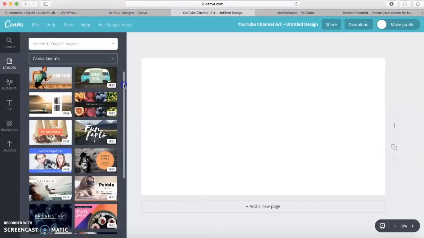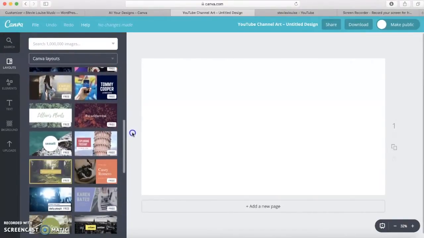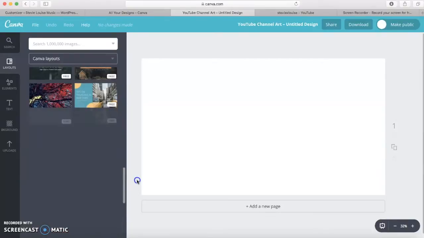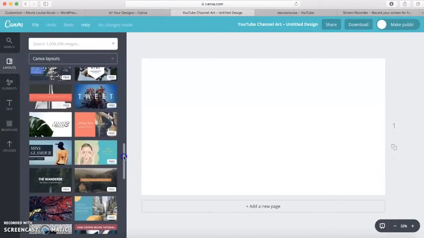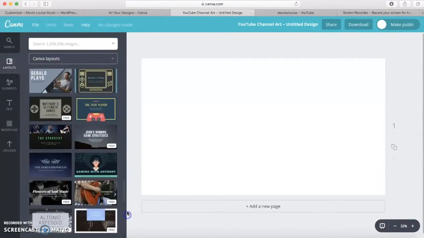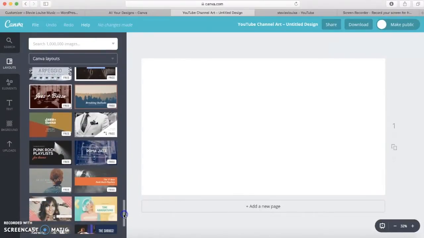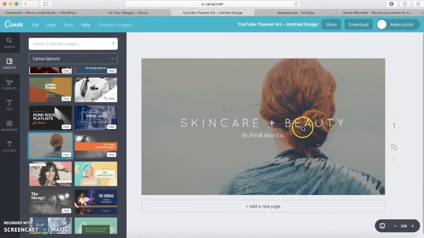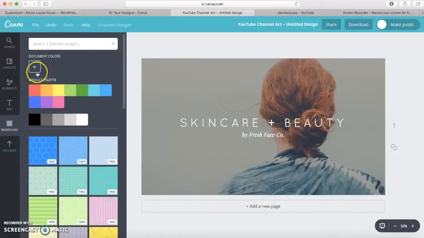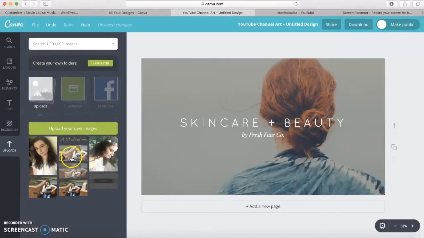So what you need to do is choose the layout format that you like and kind of sparks your creativity and vibe for what you do, the colours you like and everything like that. So I chose this particular one because it's quite simple. I liked the faded effect of the image and the writing. But yeah, basically you can choose pattern backgrounds, or they have set default colours that you can choose from,